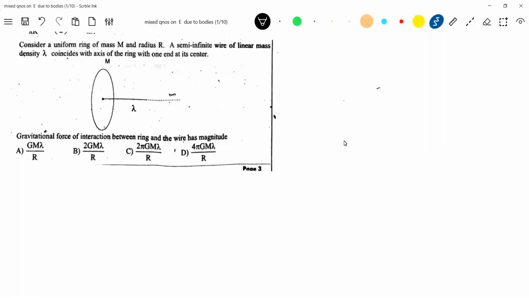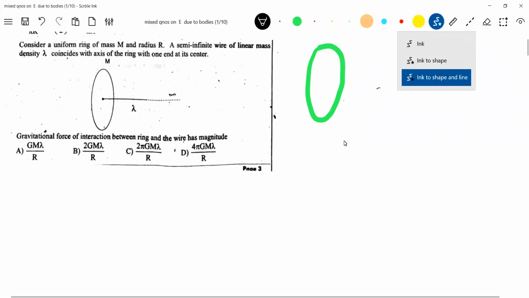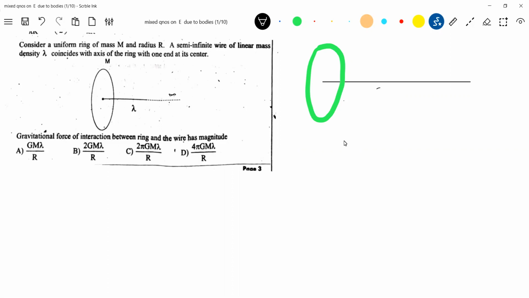Present in the field of the ring, or the ring present in the field of the rod. I'll give both approaches. So there's a ring. This is a rod having mass m. There's a lambda. So what you can assume is like,